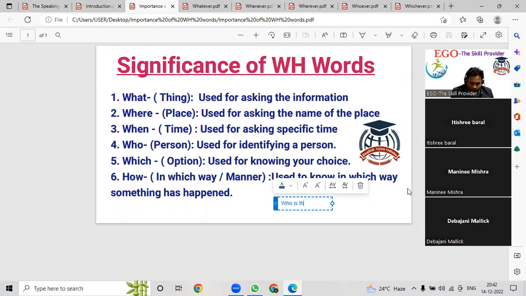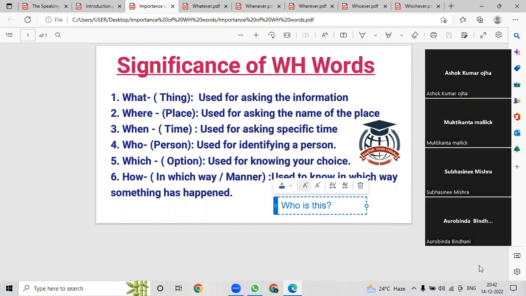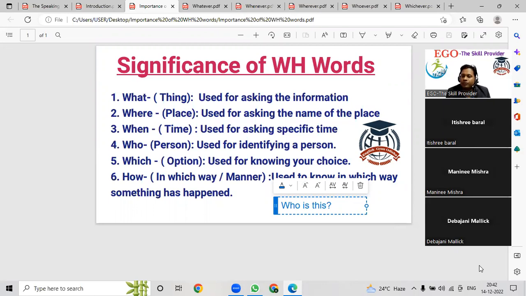Who is this? Okay. So whenever a person is present before you, and at that particular time you are supposed to use who are you. Suppose there is a person sitting before me, he is asking, sir, I want to join your class, I want to take class. This feels very awkward for me, so I can ask that guy, hey, who are you, I don't know. But whenever somebody is calling, suppose Debayani madam is calling me,